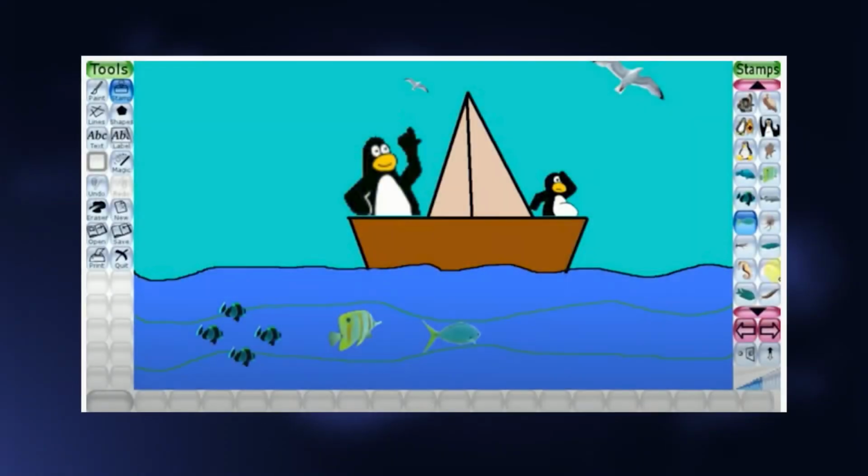Some softwares can also help a child to express themselves. Tux Paint is one such software where a child can express through stamp drawing. Here, I would like to share a case study. After the children learnt about habitat in EVS Class 2 lesson, children were given an activity to draw an underwater